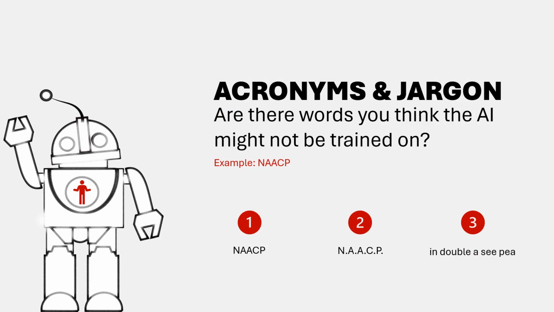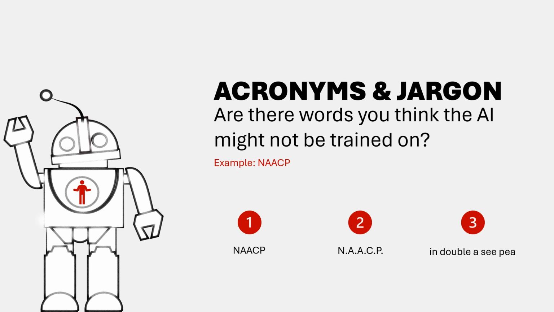As you work with text-to-speech, you'll find there are words or acronyms that the AI does not know. You may need to give it a hand when it comes to acronyms and business jargon. The easiest way to fix this issue is to write it out phonetically for the AI to interpret. Let's try this with the example NAACP. NAACP,